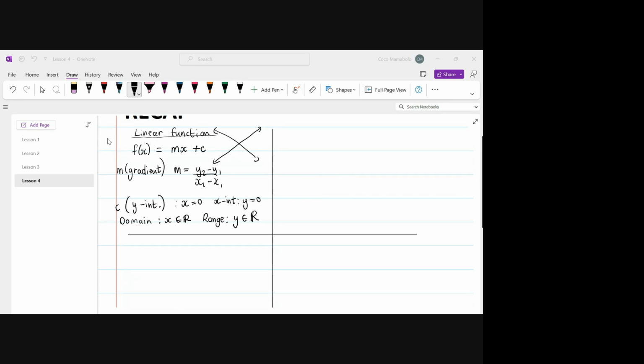Let's talk about our quadratic function. Our quadratic function gives us a parabola. A parabola is a little bit more tricky as we go along, but let's remind ourselves of the formula. We know that f of x is going to equal ax squared